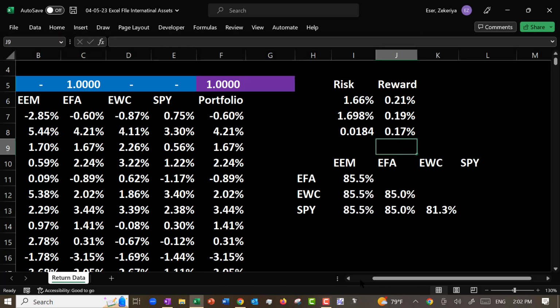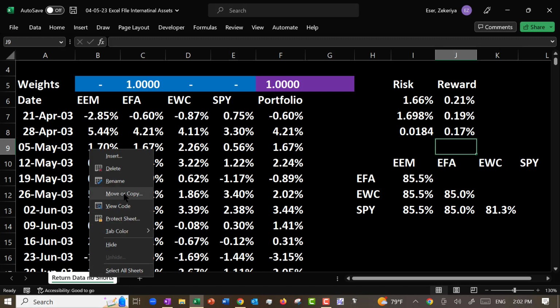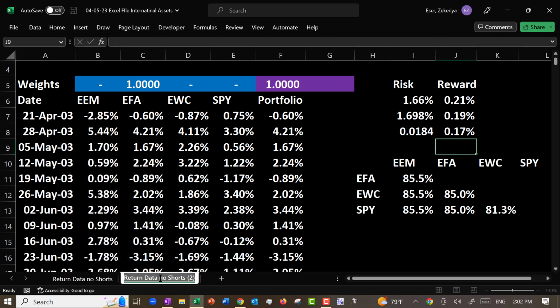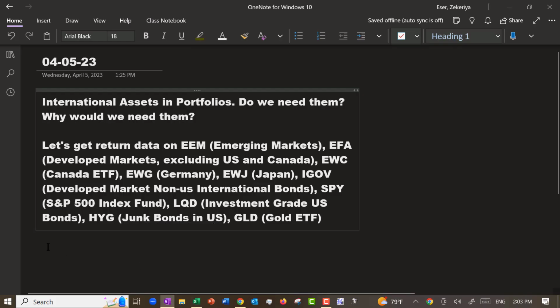But if you were to allow some limited shorting, things may be different. Let's do this, return data, no shorts. I'm just gonna move these. Limited shorts. Shorting international assets may not be that easy. That's why I'm limiting. We will limit shorting